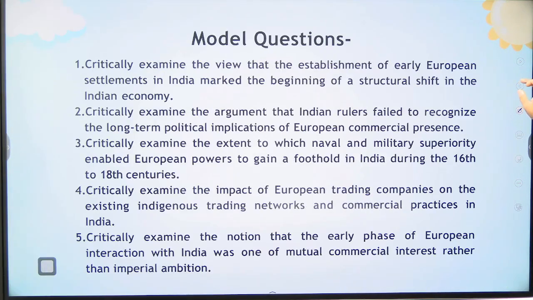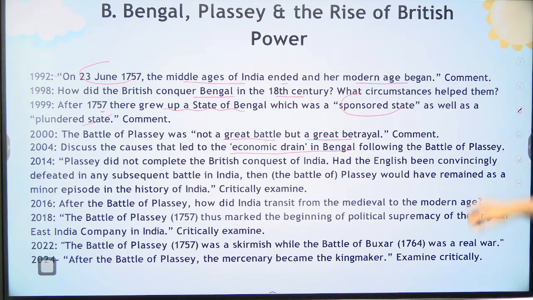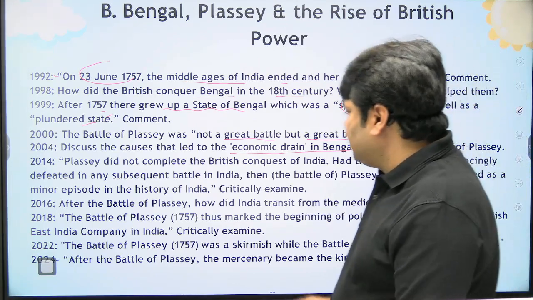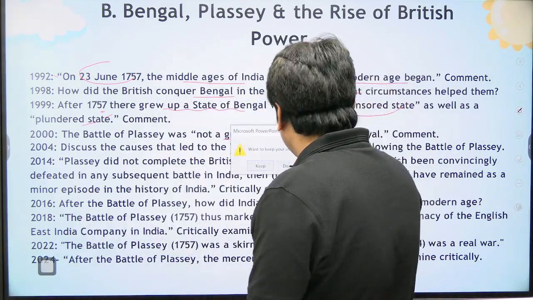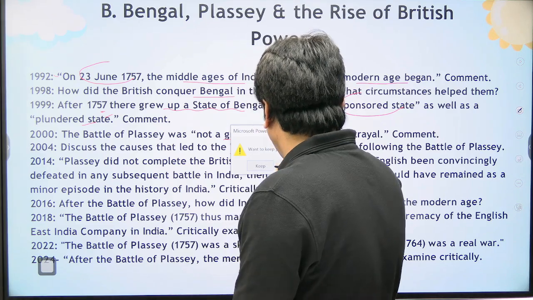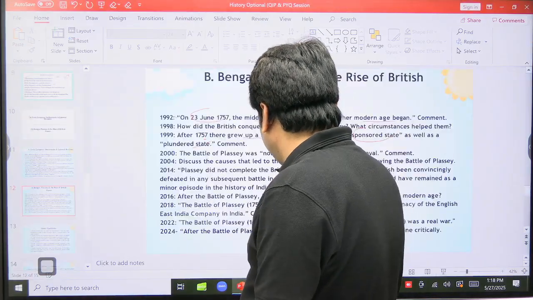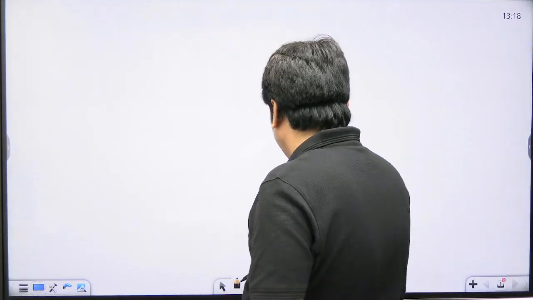Okay, so let's take this example only. After the Battle of Plassey, the mercenary became the kingmaker. Okay, so let me help you in this process. So the question is